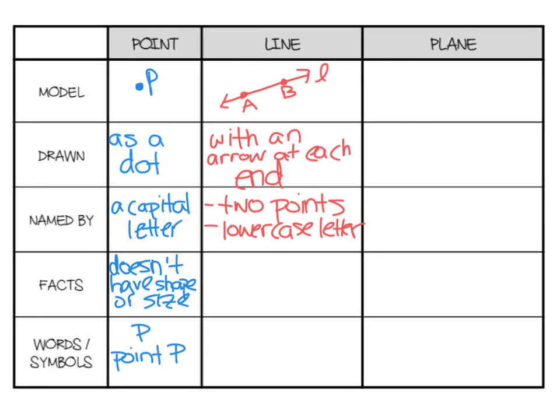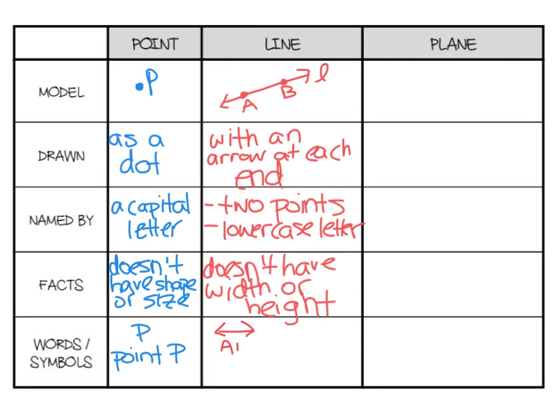Facts about it: it doesn't have width or height. It only has a length. And it's either named by its points, A, B, with a line above it that has 2 arrows, or as a line, in this case L, a lowercase letter. A plane,